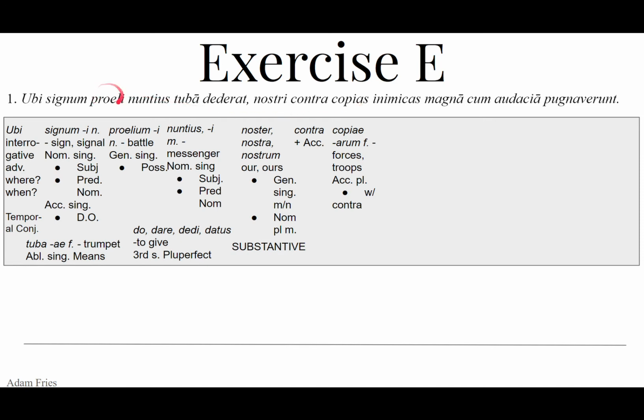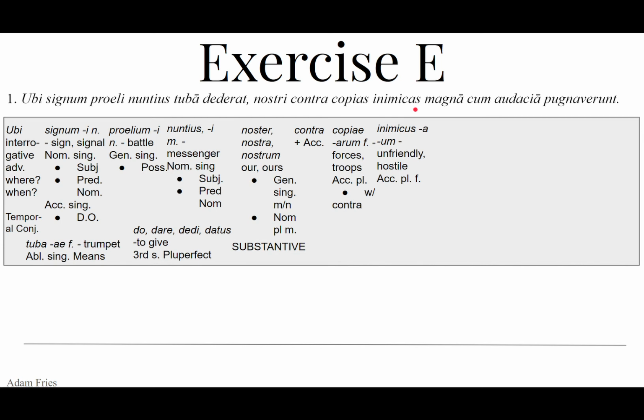Hey, like here. Wait, context is important? Yes, context is very important. Copias, as. This is going to be the accusative plural feminine. So the accusative with the preposition contra, which takes the accusative and always only the accusative. It's almost like an accusative of motion towards, but for this reason you can just say accusative with contra. Our men against the forces.